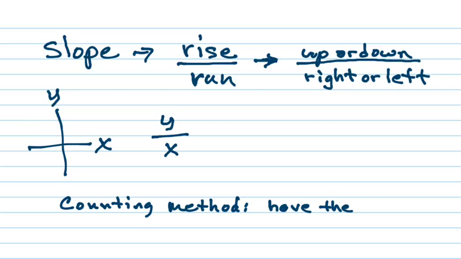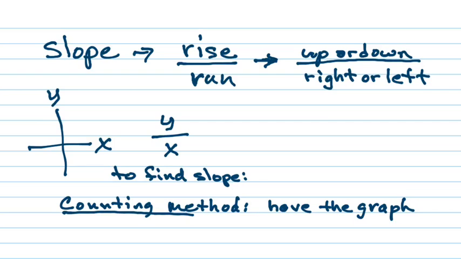the graph. So it's for finding the slope. So it's finding the slope using the counting method, but I can only use the counting method when I have what? The graph. I need that picture in front of me in order to use the counting method. And all we're going to do for the counting method is first find any two